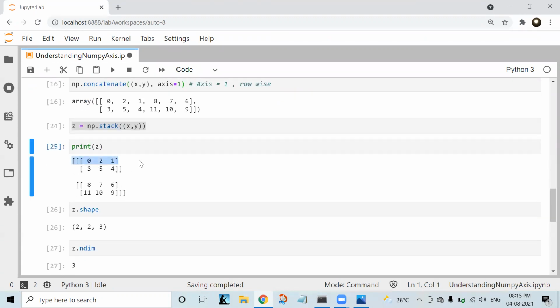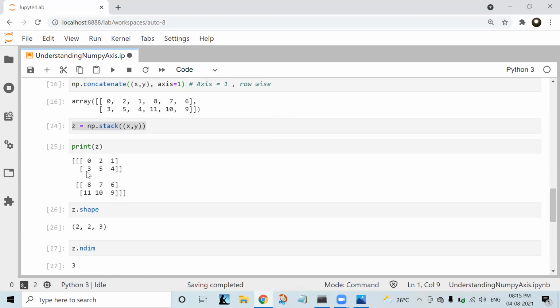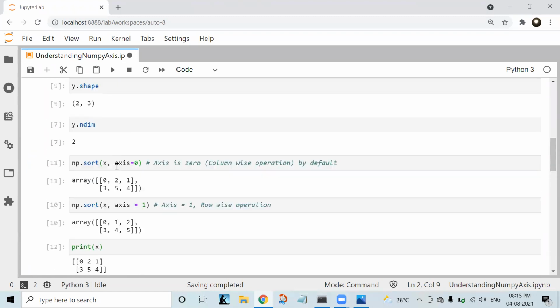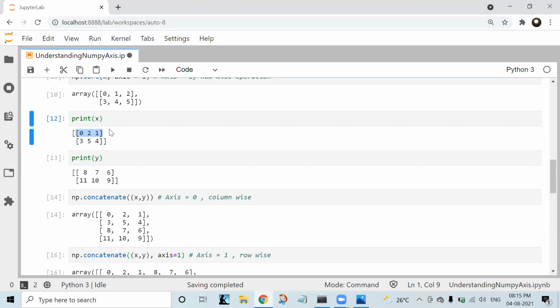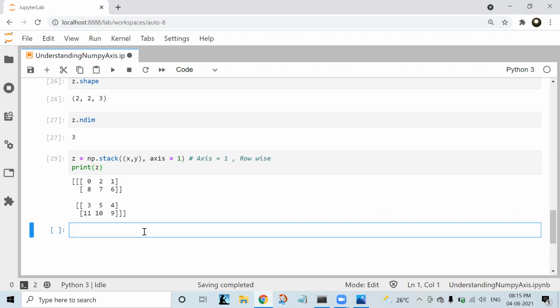So 0, 2, 1 is the first row, and then 8, 7, 6 is the first row of the second matrix. First row of the first matrix and first row of the second matrix, and then second row of the first matrix, and then second row of the second matrix. Like that, it will take. Now, if you can see, it was updated like that, and you can see the shape